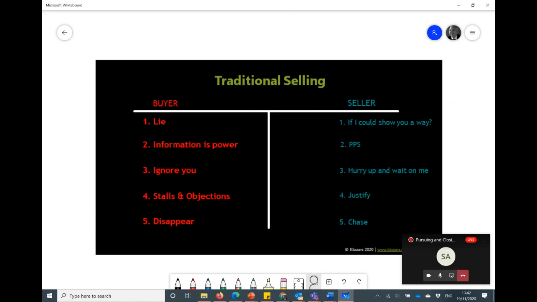Again, if you get past that, where they've basically bled you for all the information in the presentation, it may well be that they've given that information to your competition. They've shared it with people that you potentially don't want it to be shared with. Next thing, they're going to ignore you because they know you're trying to sell to them.